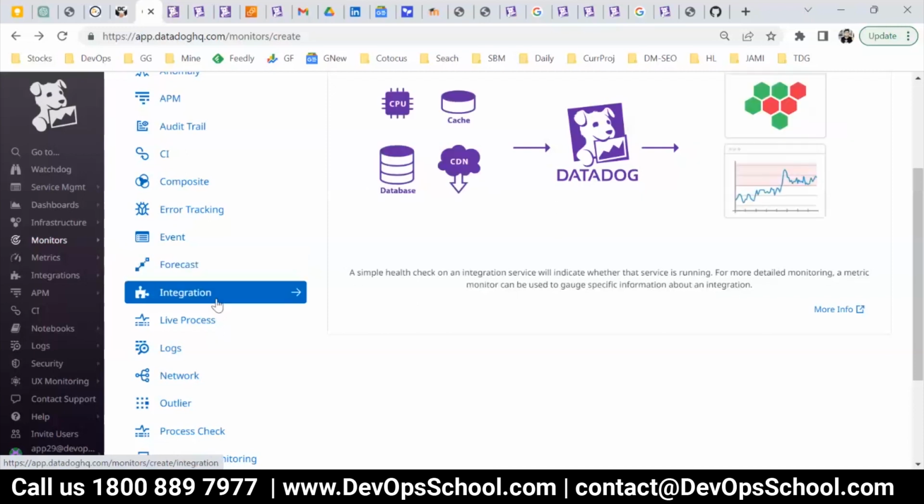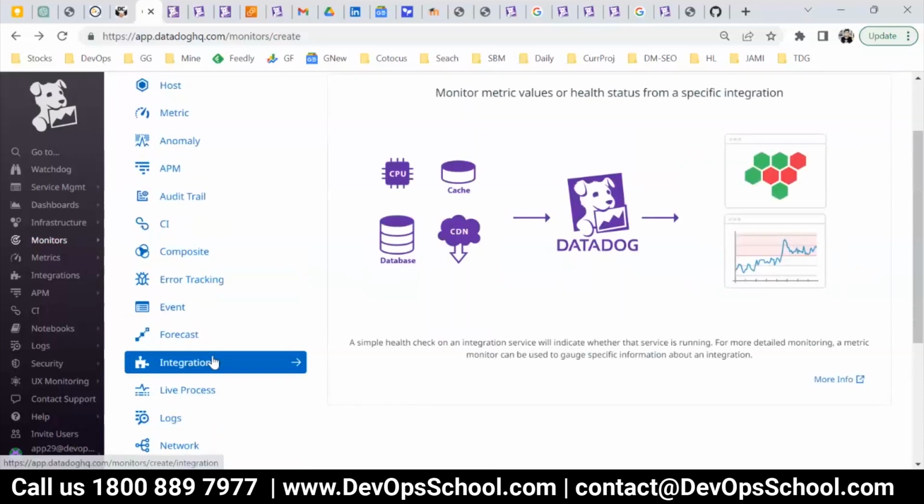Now, integration alerts. This is very simple. You have spent some time on the integrations, like Apache, Docker, this, that, and all. So if you think that an integration is not sending data, you can create alerts based on that. Let's say a simple use case: if the Apache integration is not working and not sending data, send me an alert for it. This is a simple health check on an integration service that will indicate whether that service is running or not. Or you can create